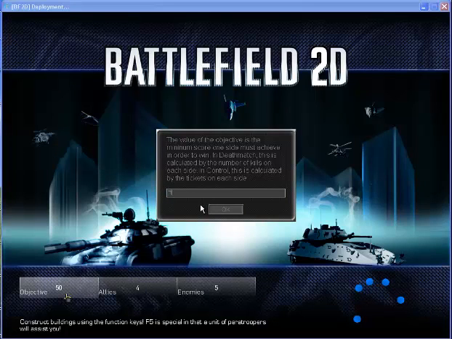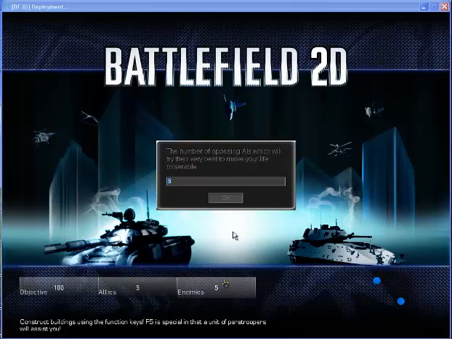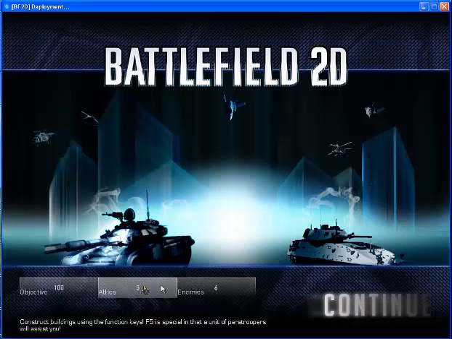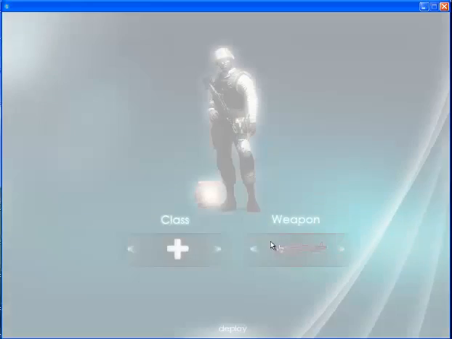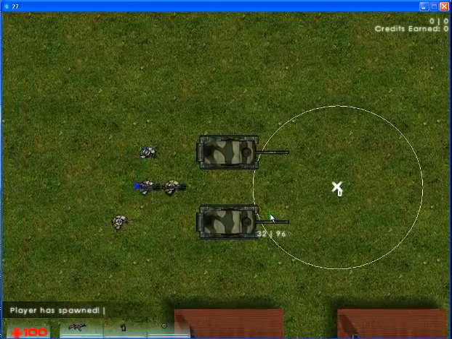I'll set this to 100. And then we'll have 5 allies and then 6 enemies. So we'll just increase it just a little bit. I really like that little thing that lets you type it in. You can have as many allies or enemies as you want. Of course, that makes the game subject to lag, but